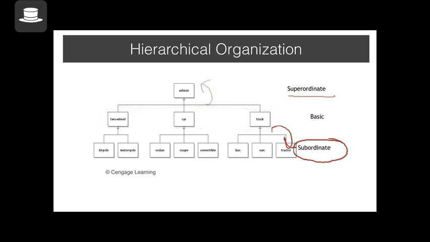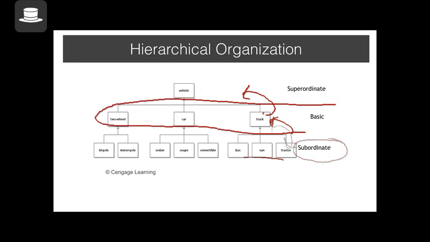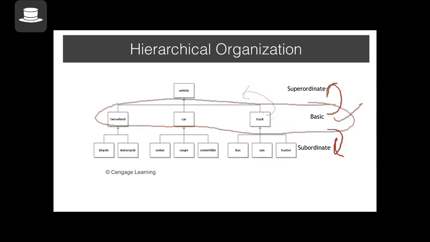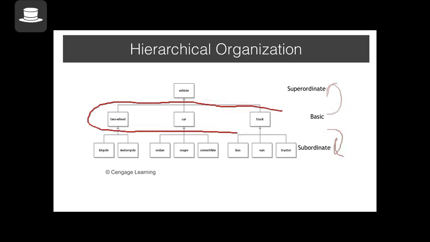For instance, for this level, this is a superordinate level. For this level, this is a superordinate level. But there is one level that is more commonly used. That is the basic level. For that level, the one that is superordinate and the one that is subordinate are slightly above and below it in the hierarchy. Now, why is the basic level important? Well, the basic level of concepts is the one that's most commonly used.